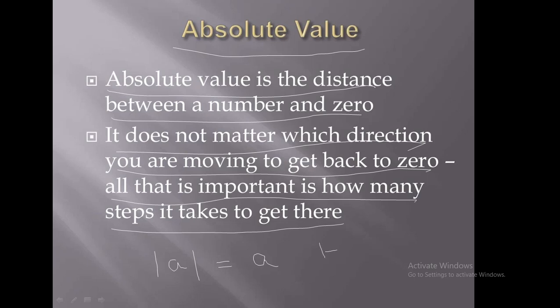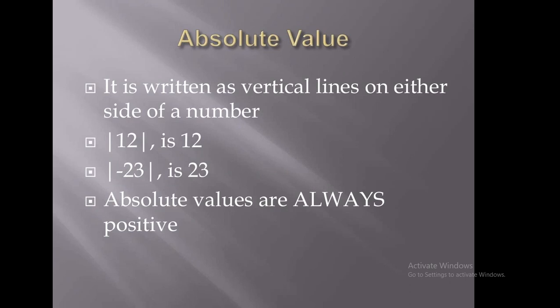Suppose I wrote minus 6. Someone says, find the absolute value of minus 6. So we can write it in mod, and after that the answer will be 6, because the absolute value of minus 6 is 6. It means whatever value we take, whether negative or positive, the answer will always be positive. Now, how will we show absolute value? See here. It is written as vertical lines on either side of the number, that is called mod. Here we can read mod 12: the absolute value of 12 is 12.